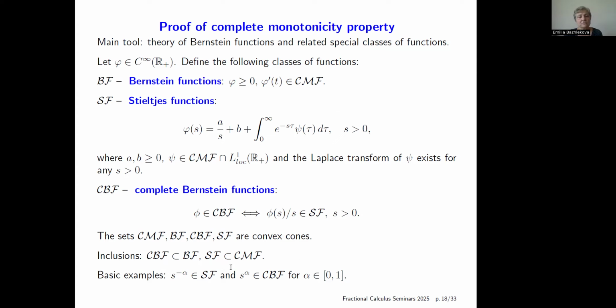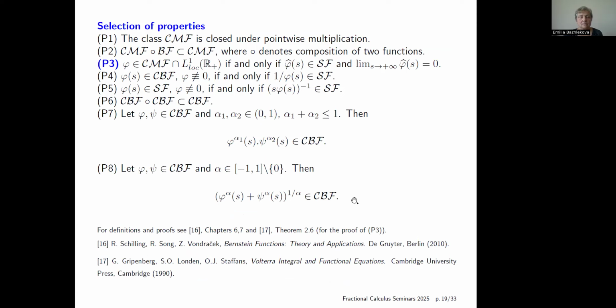Any Stieltjes function is completely monotone. And two basic examples of Stieltjes functions and complete Bernstein functions. So, and a selection of some properties which we can use in the proof of complete monotonicity